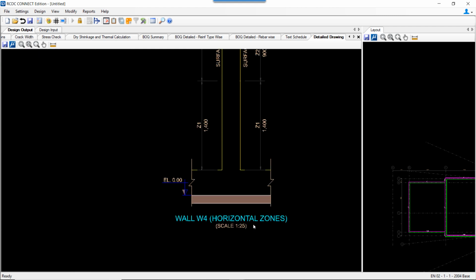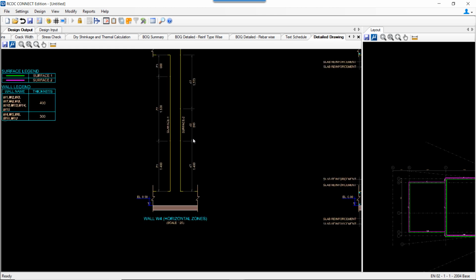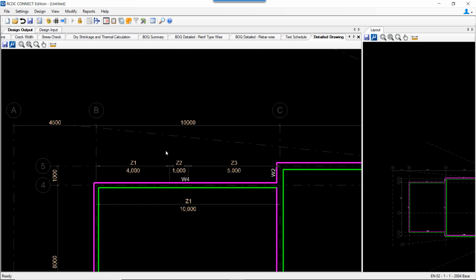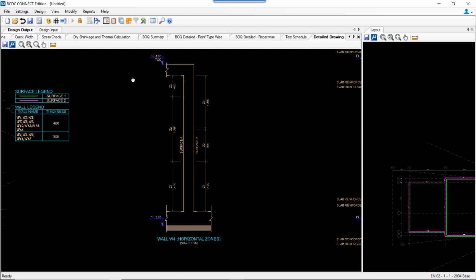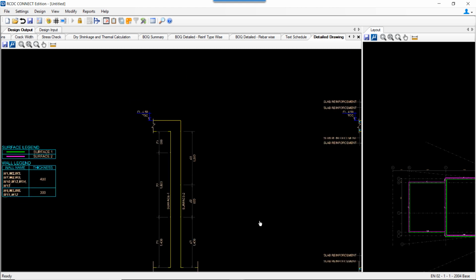For vertical rebar, we see the zone in the plan, whereas for the horizontal rebar, we can see the zone in the section of the wall.